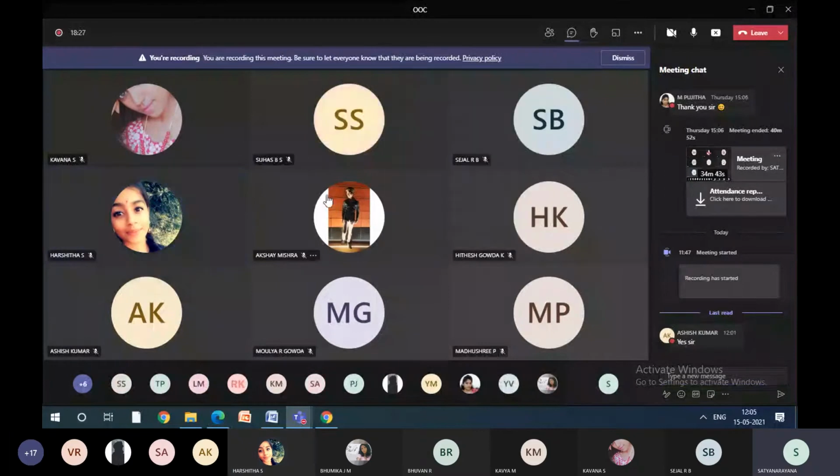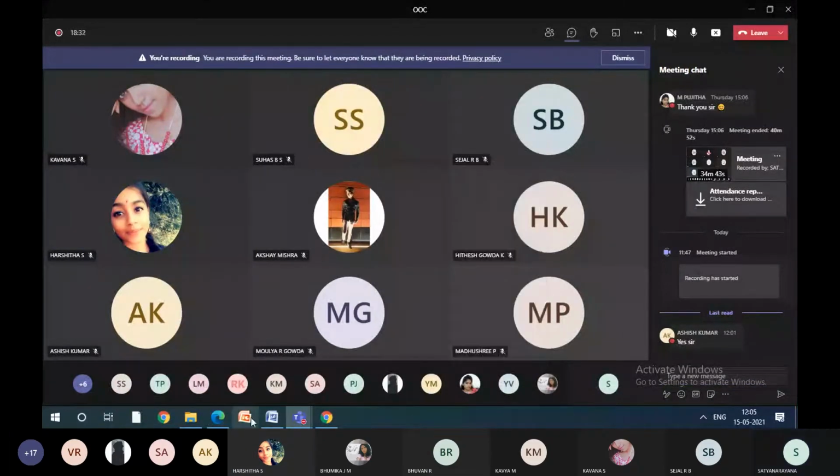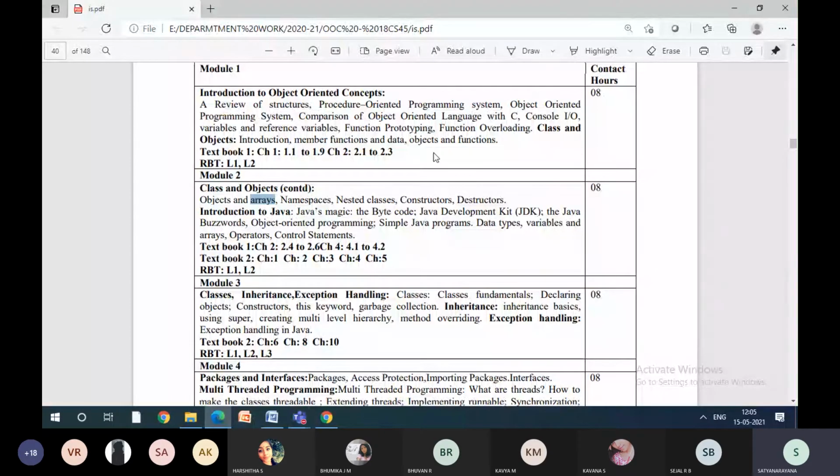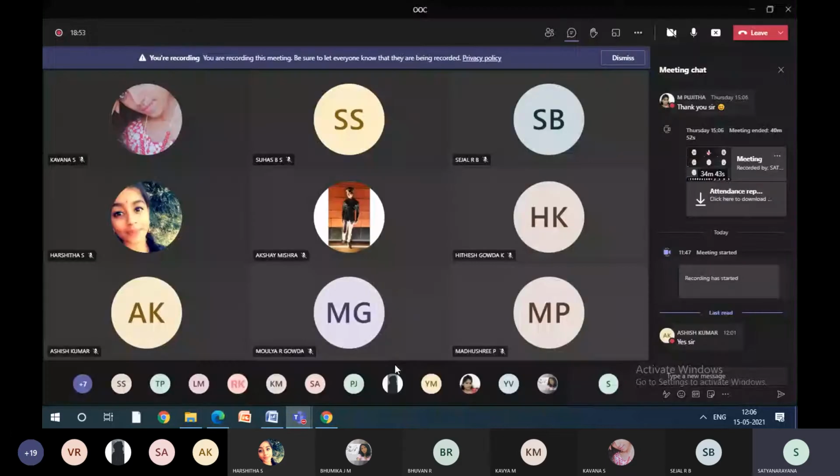Okay. See, what I will do is I'll make it 10 questions. I'll give 7 questions from the first module, and 3 I'll give from here because these questions are very important. Namespaces is important. Constructors and destructors are important, 2 questions. And nested class or object arrays, 1 question I'll give. So 7 plus 3, 10 questions I'll give. So you can make it 10 for the assignment.